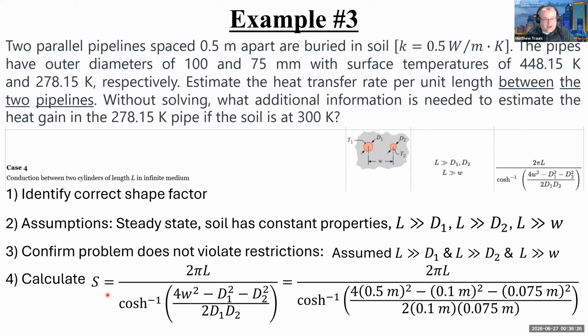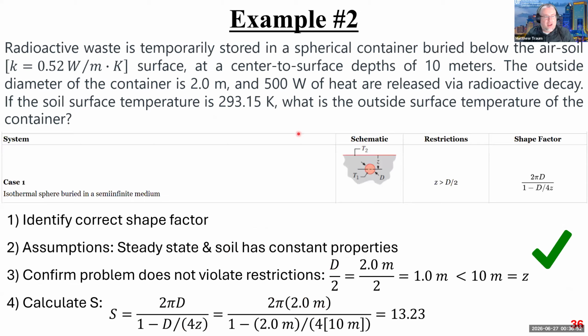Okay, so now we're going to calculate S, the shape factor, which is pretty intense. It has a hyperbolic cosine in it. Here I am just taking the general expression, and here I am actually plugging in values. What I will mention is no value for L was given. But if you look back at the problem statement, they are asking for